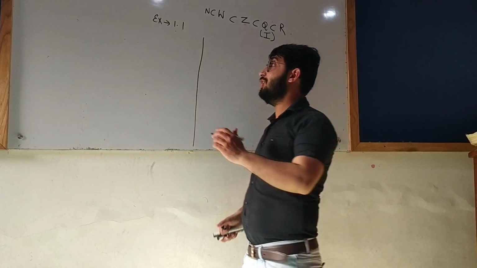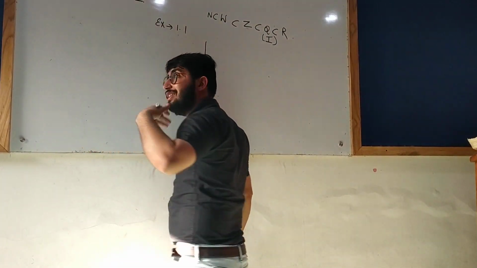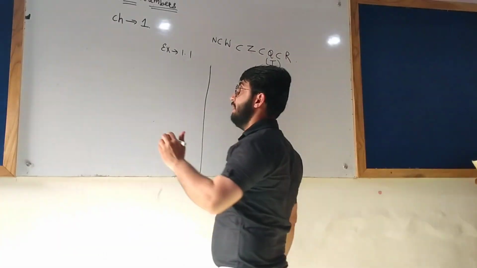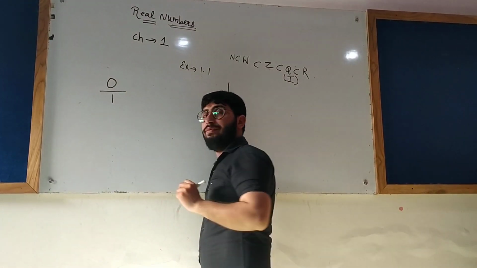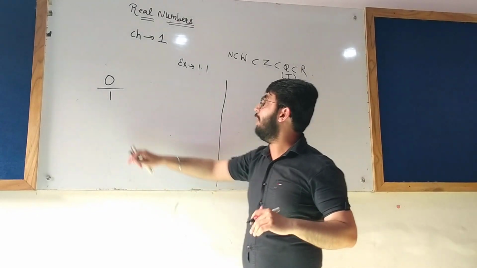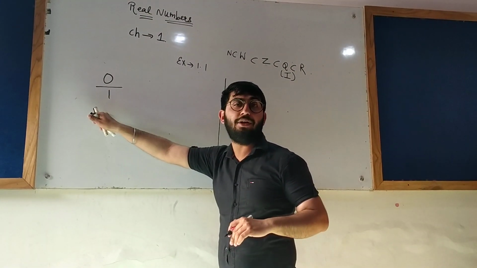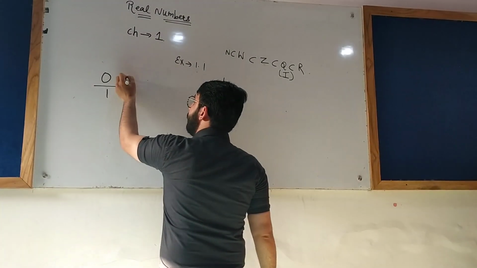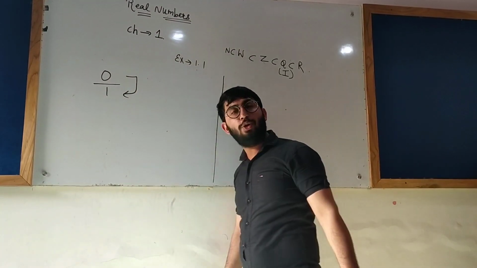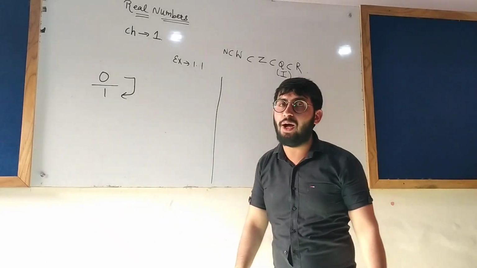Let us see whether 0 satisfies all these 3 conditions or not. Can I write 0 as 0 by 1? Yes. You know this very well, that whenever nothing is there in the denominator, we can write 1 in the denominator. The first condition is satisfied, as 0 can be written in the form 0 by 1.